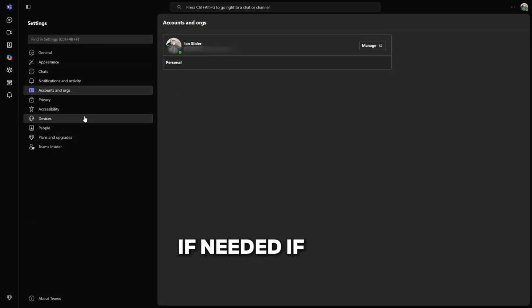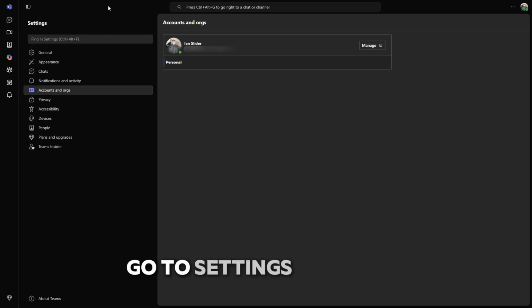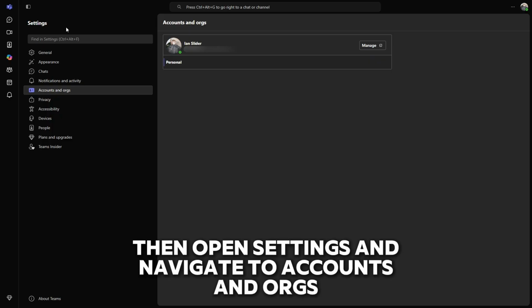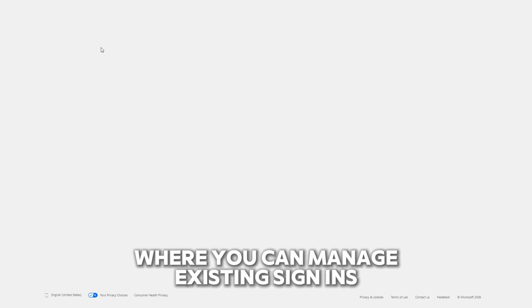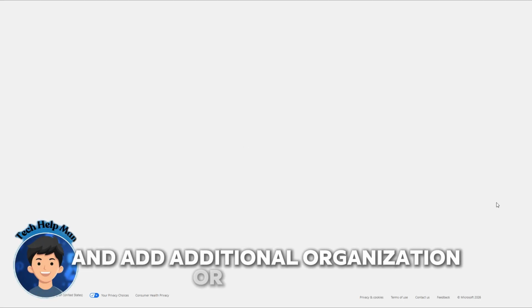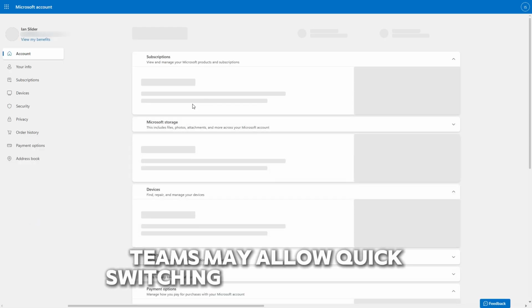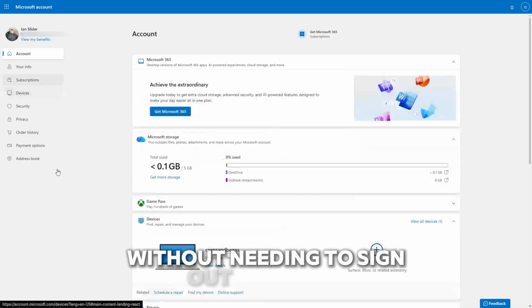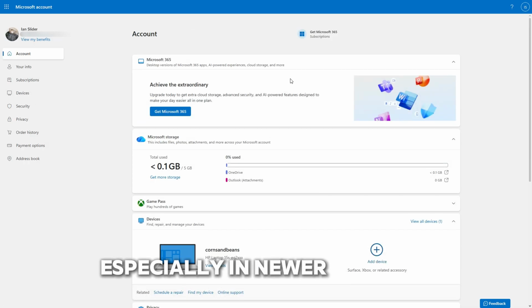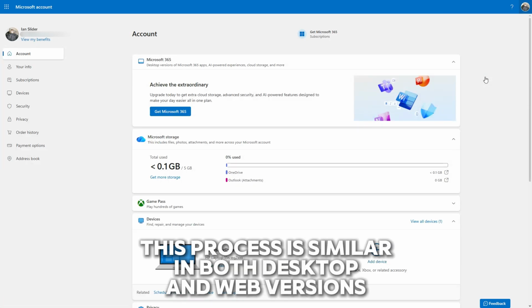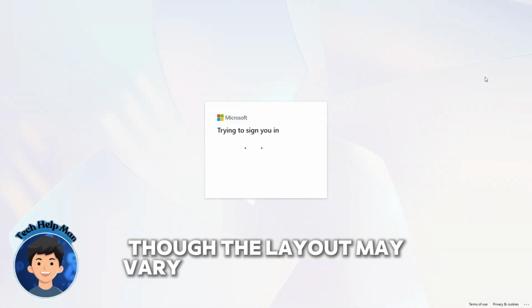if needed. If you don't see the option there, go to Settings and More, then open Settings and navigate to Accounts and Orgs, where you can manage existing sign-ins and add additional organization or accounts. After adding the new account, Teams may allow quick switching between profiles without needing to sign out each time, especially in newer versions. This process is similar on both desktop and web versions, though the layout may vary slightly depending